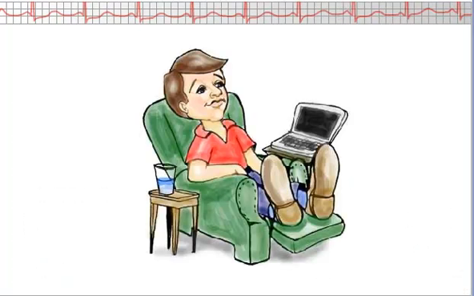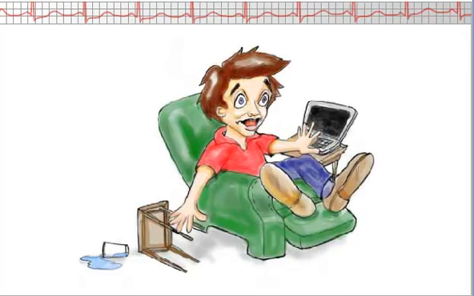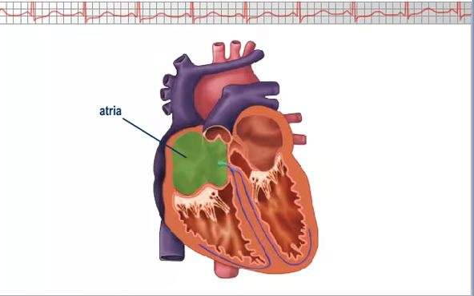Another way to think of it is to imagine yourself peacefully resting at home after a long day at work, when all at once and without warning, you've got mail. Your doorbell chimes, the phone rings, your cell phone chirps, and you hear "You've got mail" from your computer 10 times in a row. That bombardment of information from multiple sources would probably leave you temporarily confused, and your responses would be uncoordinated and probably not very effective. Likewise, in atrial fibrillation, the patient's atrial contractions are uncoordinated and ineffective, which in turn decreases